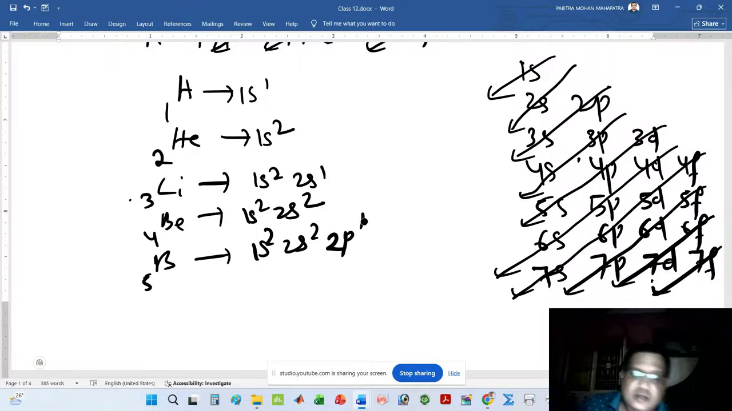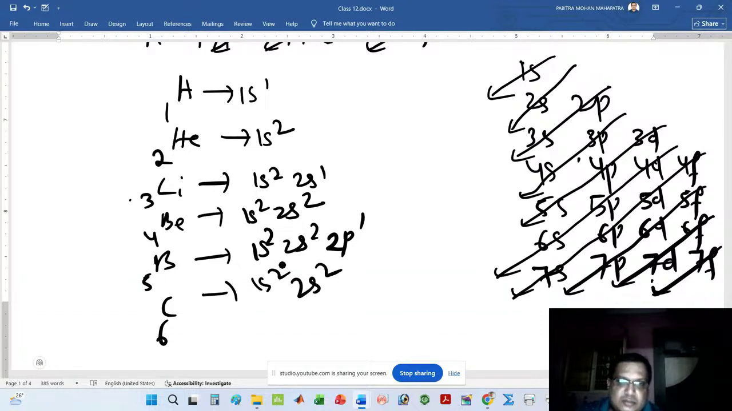Now come to the next atom. After boron, the next atom is carbon. How can I write this? Carbon is 6. Go to 1s2. First give 1s2. Next is your 2s. Give 2s2. 2 plus 2, that is 4. Give